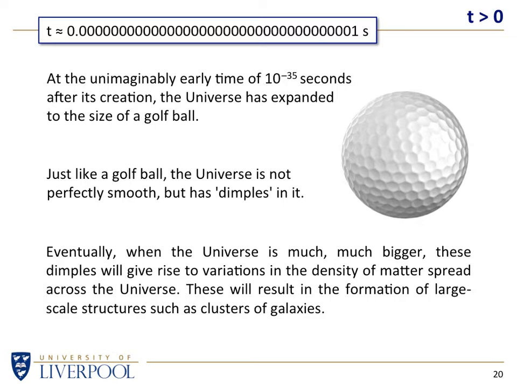So that's how we believe that actually occurred at the time of 10 to the minus 35 seconds. Remember, we still haven't got to a picosecond, so we're still not sure. But we believe that must have been the case, because how else could you end up with a universe that looks the way it does? We're not absolutely convinced about the rules of the game, but the only way we can explain the current universe is if it used to be the size of a golf ball with dimples in it.